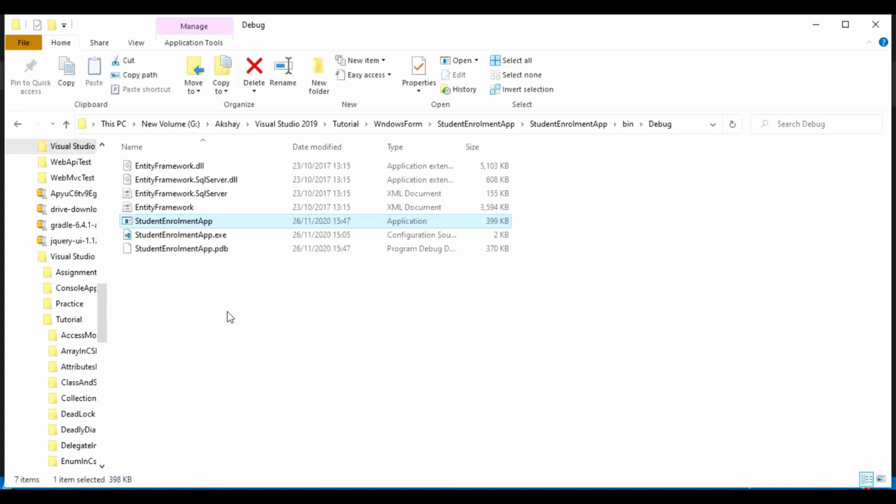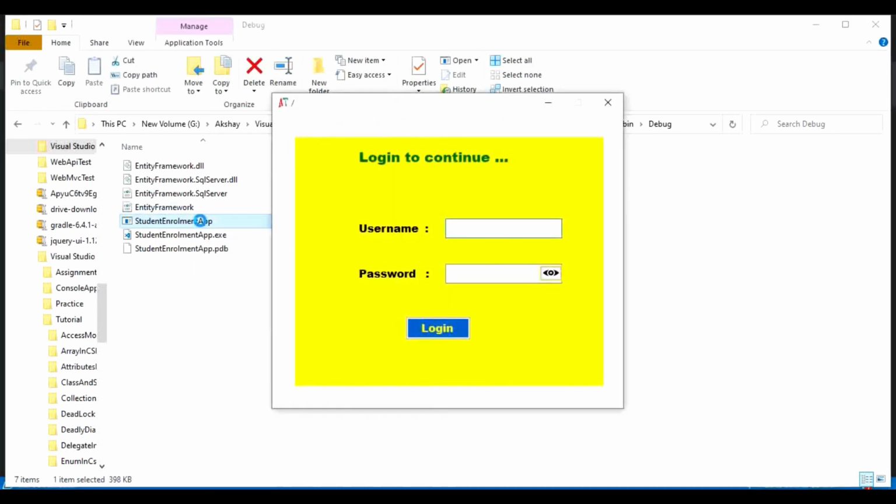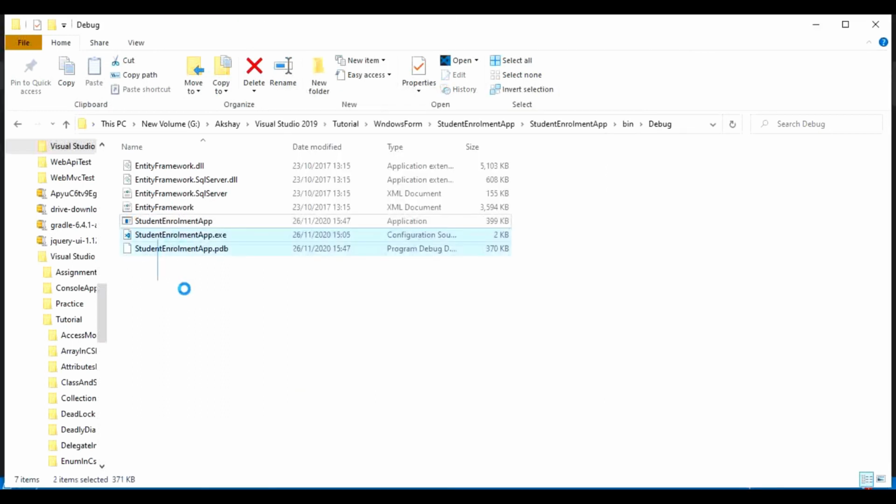But now coming back to this concept, if I run this by double clicking on that exe, we are able to run this application from that exe as well. And this should be the way to give this application to the user, because you have often seen that whenever we download something from the internet, an exe is generated along with the dependent files, and they get downloaded into one folder, whatever folder we are downloading into.